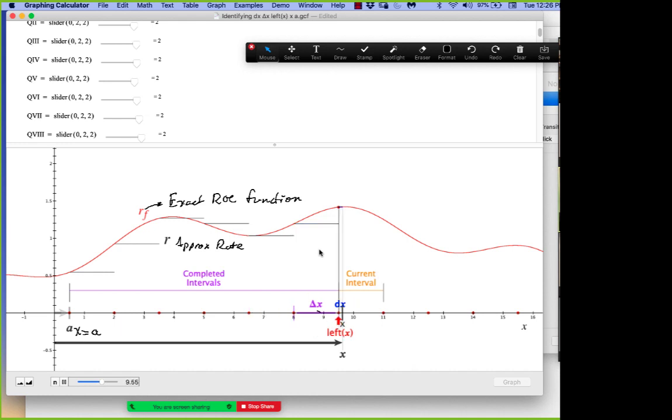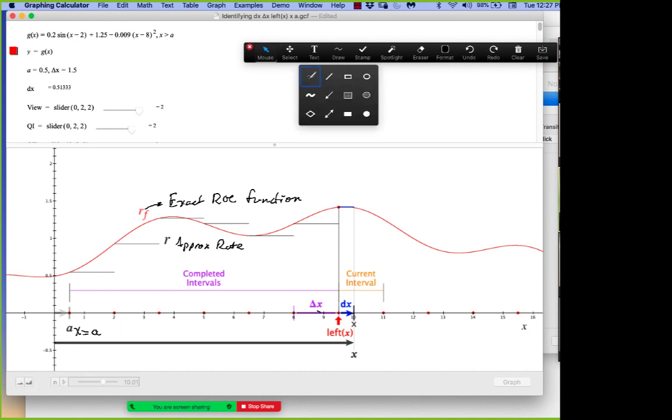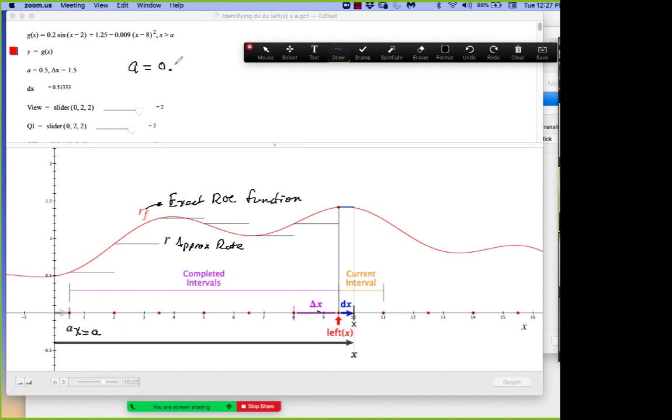Okay, so let's just pause this here. That looks good. So here I have my A is 0.5, and delta x is 1.5, and the current value of x is, it looks like, 10? Okay, so given this is our exact rate function, we want to write an expression that calculates the approximate accumulation